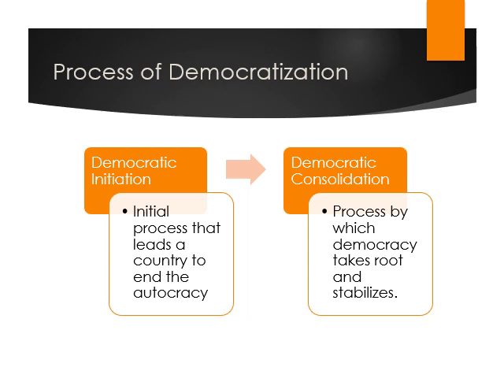Okay, so now we know a little bit about how many states have democratized and what the trends and patterns are. Let's talk a little bit more about the process of democratization. And for today's class, we're really going to focus on the first of these two steps. Overall, though, there are two phases states go through as they're democratizing. First is democratic initiation. This is where a state begins the process of democratizing. So it begins the process of starting up rules and institutions for participation, like elections, or allowing peaceful protesters.